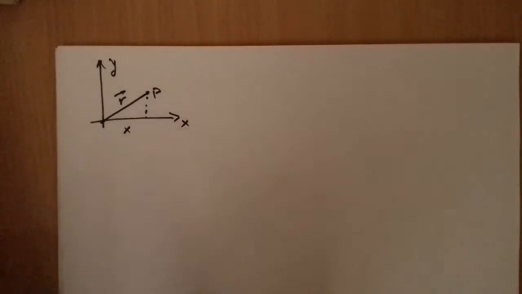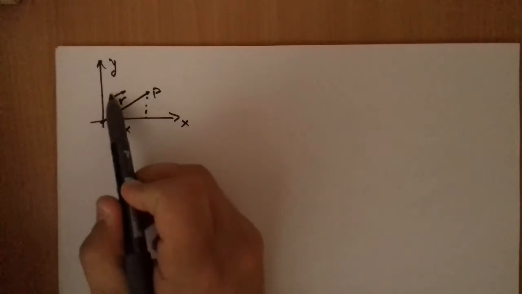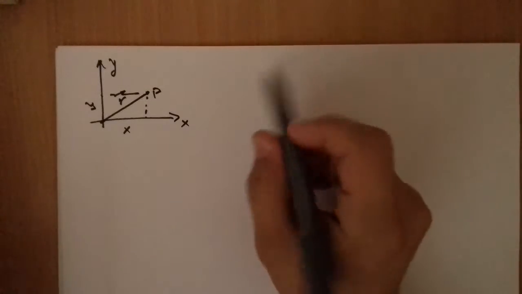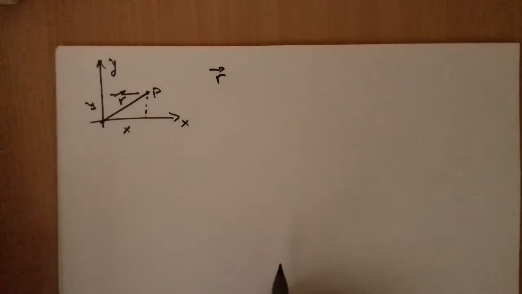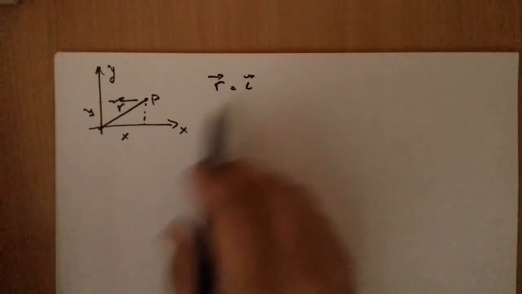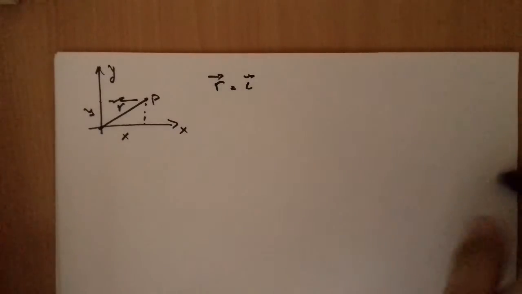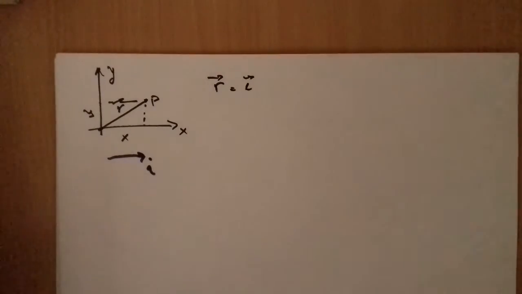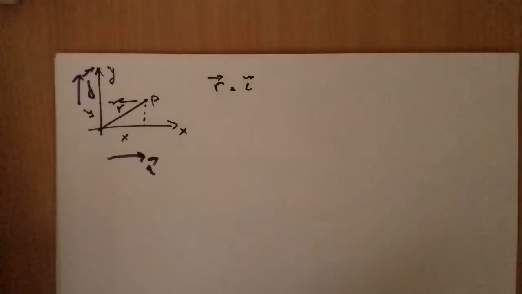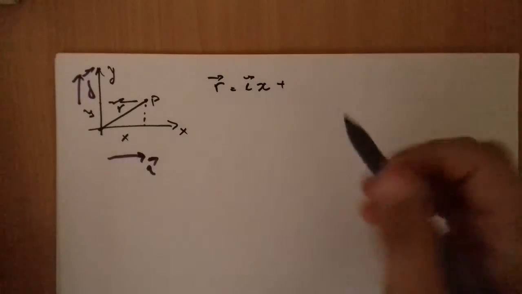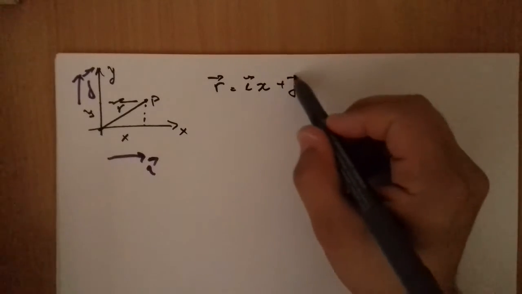This is the x component and this is the y component. So the r vector can be written with i, the unit vector in the x direction, and this is j. So we have i x plus j y,